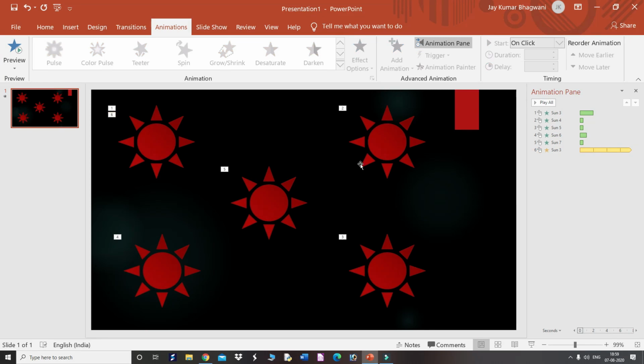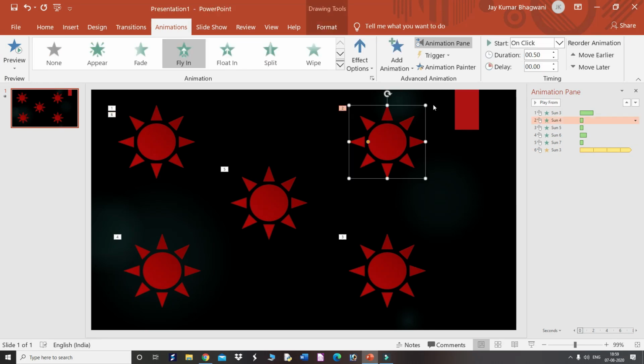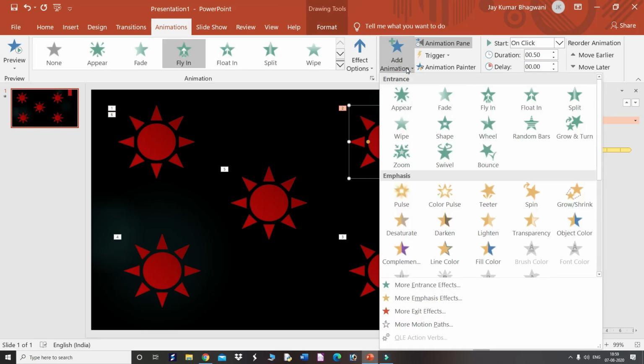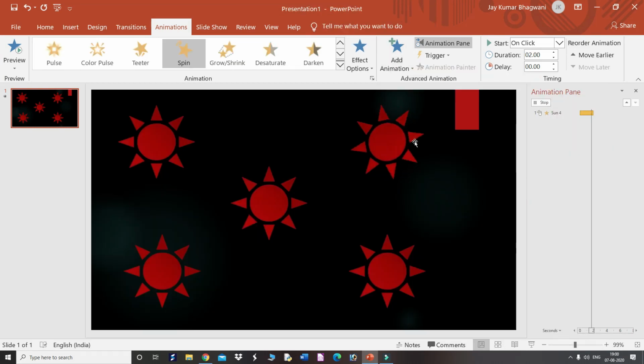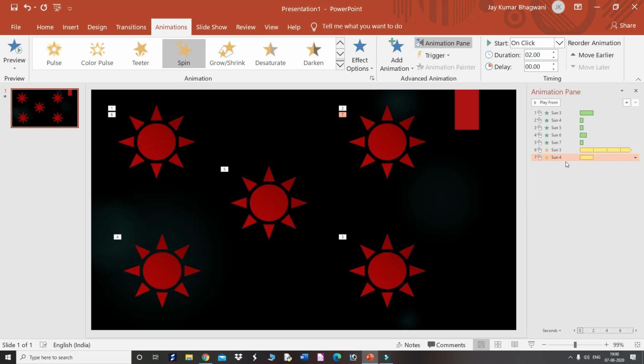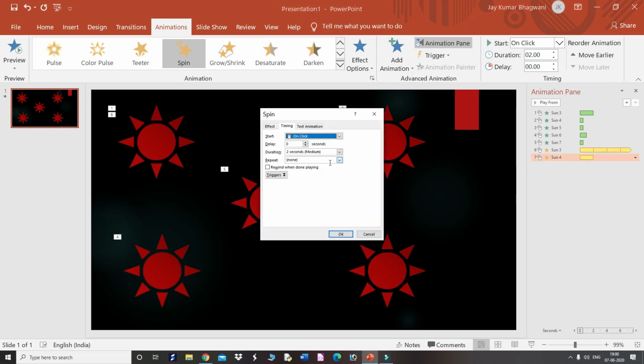Now again select the second shape, go to the add animation, give the spin. So this is for the second one. Again select timing. Here the repeat option is there. Just do it until end of slide.